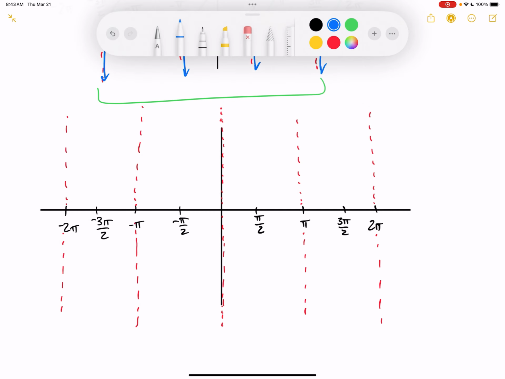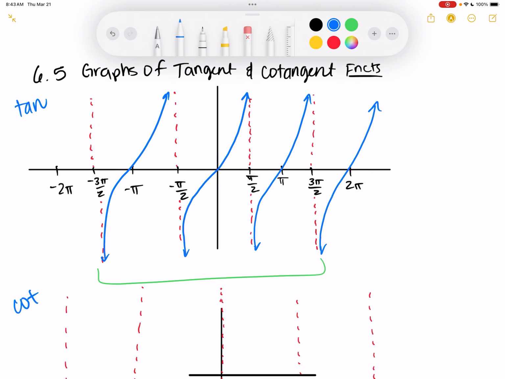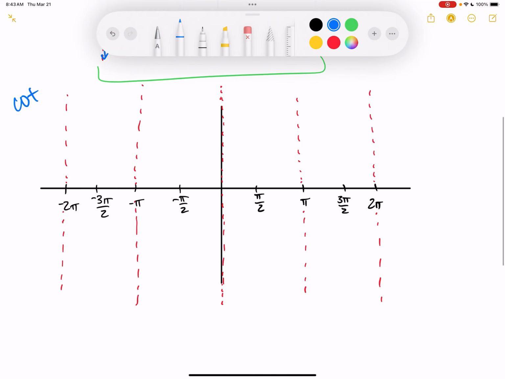So when I do the graph of cotangent, okay, this one is a little different in shape. So with tangent, we started at the bottom and we came up. Cotangent's opposite. We start at the top